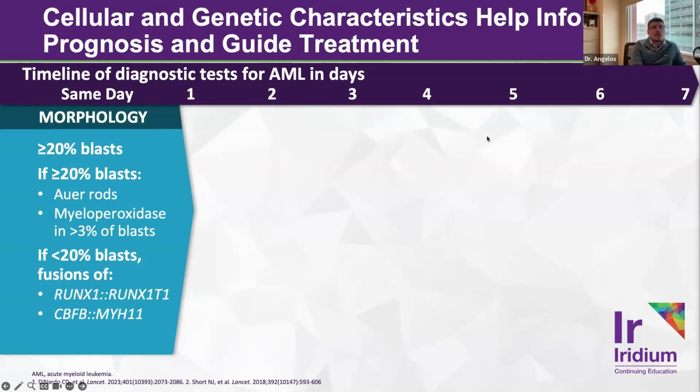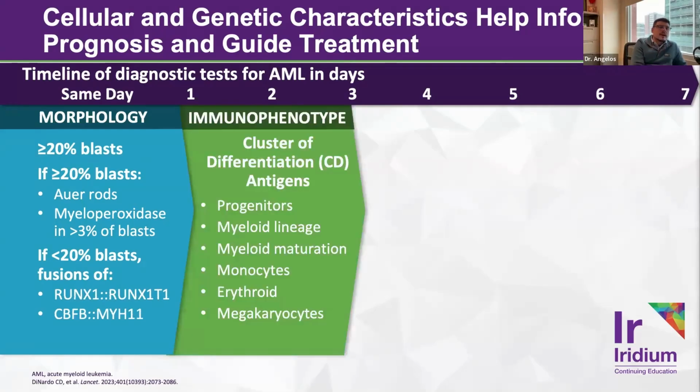And as a reminder, it's important that we're able to get good morphological assessment by a hematopathologist in order to make a diagnosis of AML. Again, this diagnosis is made when morphologically blasts, myeloblasts specifically in the marrow, are greater than 20%. Or you can have situations now where the blast number may be less than 20%, but there is a presence of an AML defining mutation, things like core binding factor, NPM1, and a variety of others.